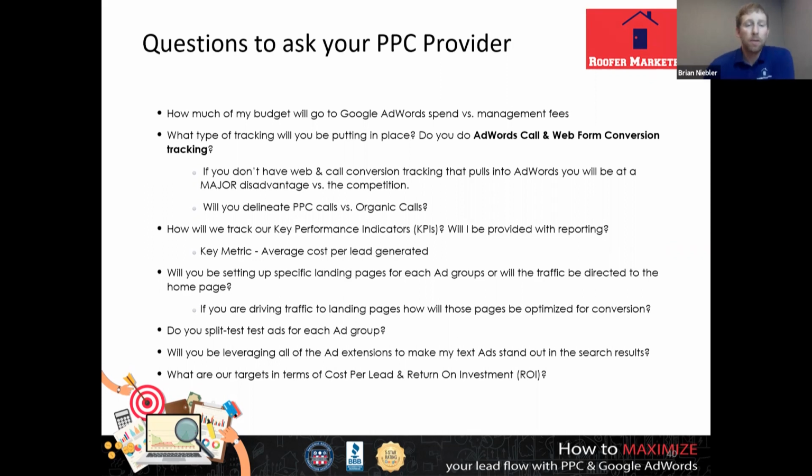Make sure that you're getting that information. And will you be setting up specific landing pages for each of the ad groups, or are they just redirecting the traffic to your website homepage? Just remember that your landing pages are going to work 10 times better every time, so make sure that they